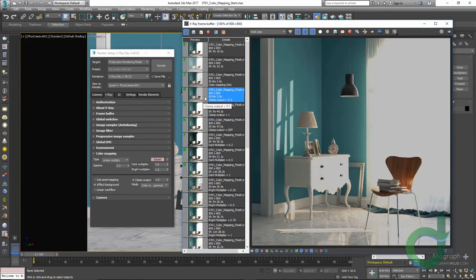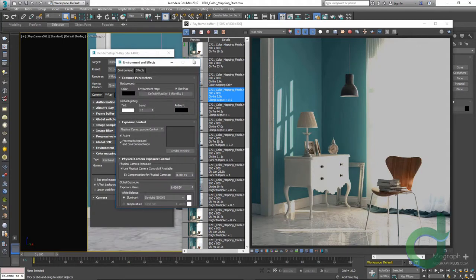Now let's set the clamp output to 1 and turn it off completely. Also, let's set the color mapping to Reinhard and burn value to 0.15. We have effect background, so whether the color mapping affects background colors or not. In this case, the background is the V-Ray sky in the environment slot. We have mode options,